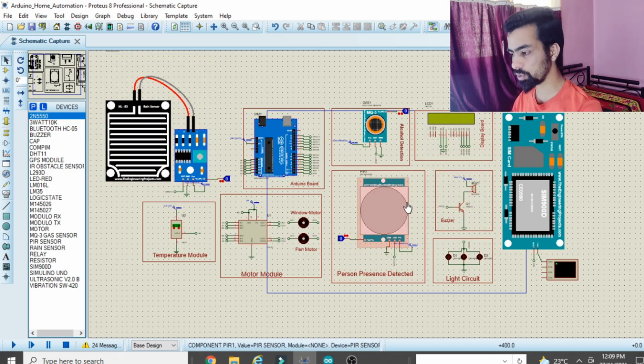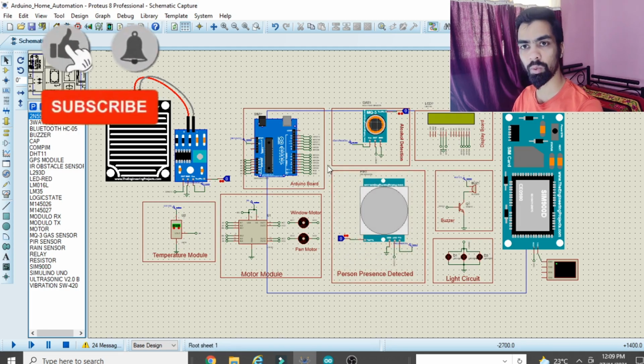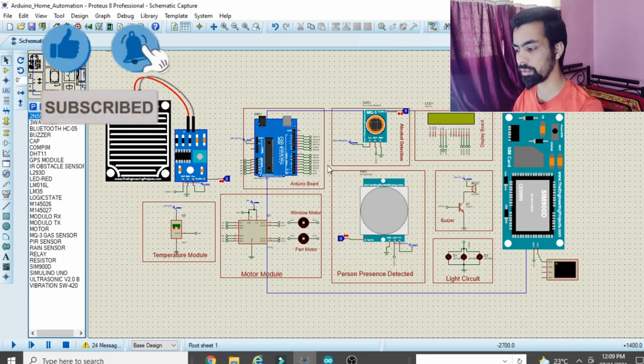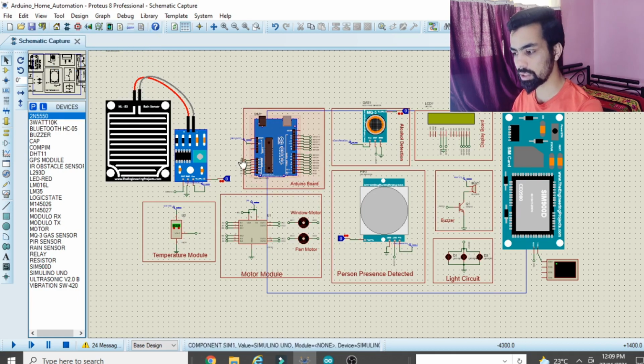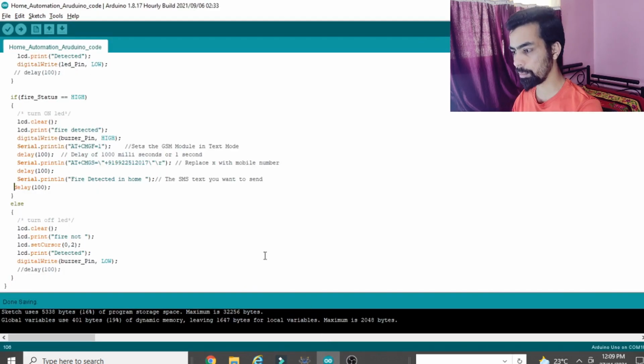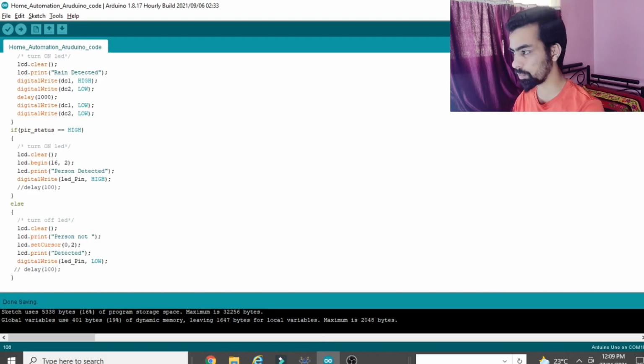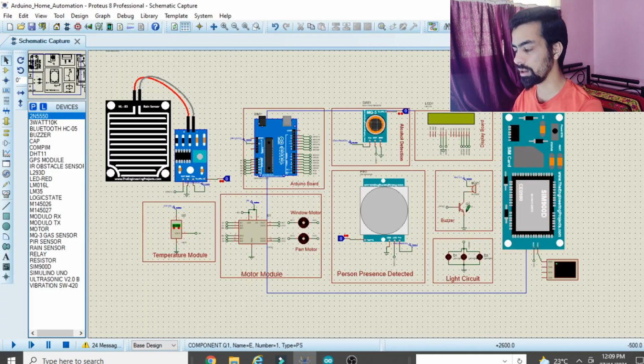Before starting the project explanation, I would like to tell you the different parts we will cover in this video. First we will see how we can design this circuit diagram in Proteus software. Then in the later part we will see the importance of each and every line of the program used inside this project, and then how we will run this project. So I would like to request you, please watch this complete video so that you will get an idea about each and every small detail of this project.